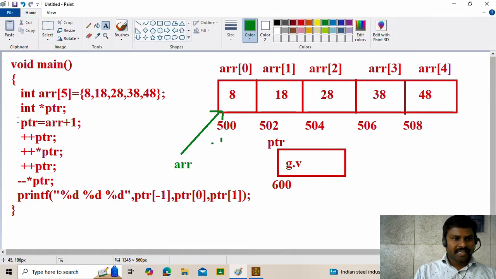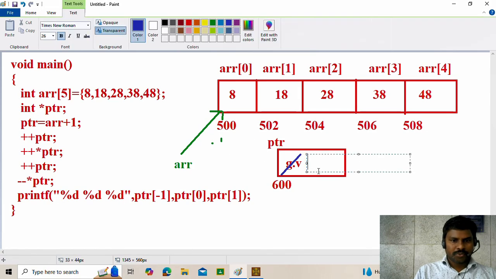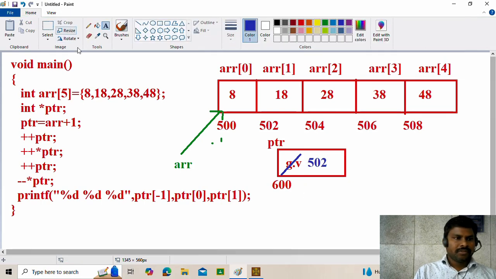Okay, next, ptr is equal to arr plus 1. arr plus 1 means it is pointing to next address. Next address is 502. 502 is stored in ptr. So this value is replaced with 502. Now ptr is pointing to